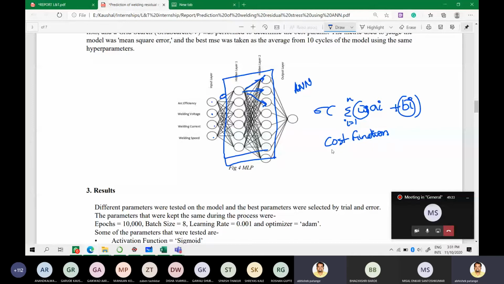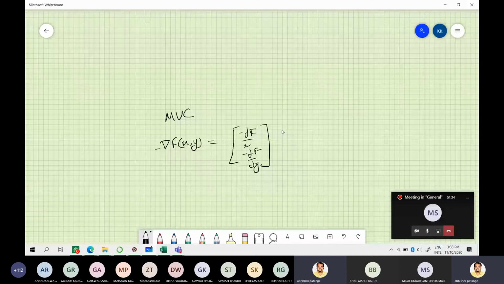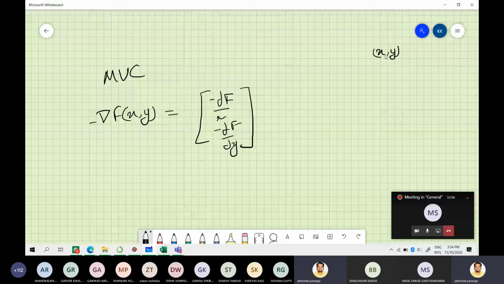We've done this in multivariate calculus, and this is a very important concept because the gradient is nothing but like a slope of a plane or a curve. This is how I understood it, you can correct me if I'm wrong. At a point x comma y for any function, it gives you how the function will change in the x domain and in the y domain. So I'll give you an example.